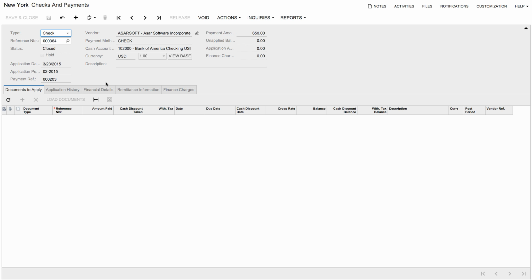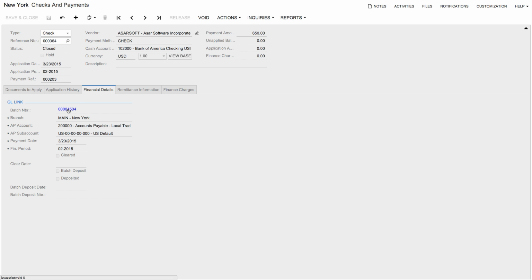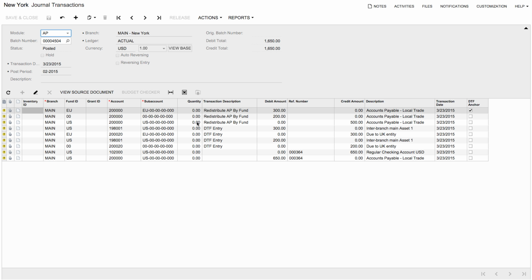Here, we can access the Financial Details tab and click on the batch to view the journal entry recorded in General Ledger. Take note of the original journal entry and accounts payable, and then our redistribution entries removing each portion to keep the funds in balance. We can now also see that the system has created a series of due to, due from entries. The system has accounted for the fact that our US fund has paid EU's obligation and 00's obligation on their